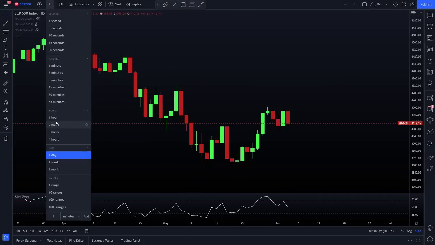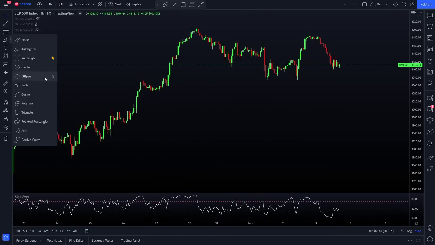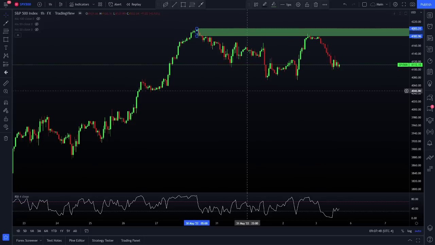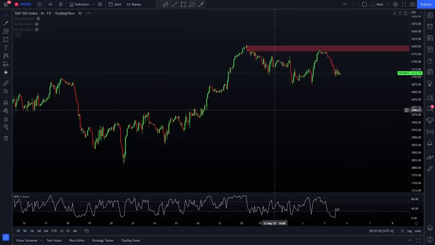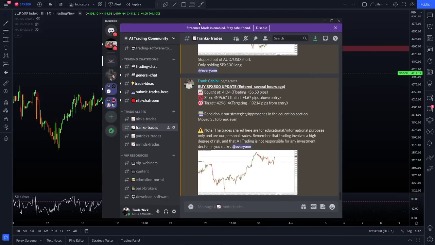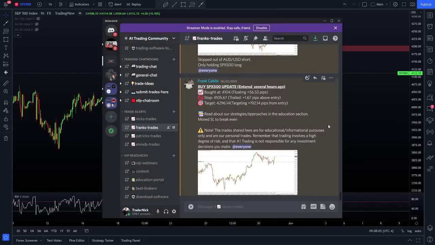Specifically, for those of you guys who are watching the indices, we're going to look out for a break above this previous resistance as a trigger to potentially look for more longs to add to the position that we've already got. We've been long. We've made some money on the long side. Frank was trading this thing on the long side inside of the group. In fact, let me show you guys just so you know I'm not just making that up. Here is Frank's recent trades. So he moved stops to break even. Still in this trade, still floating a bit of profit here.